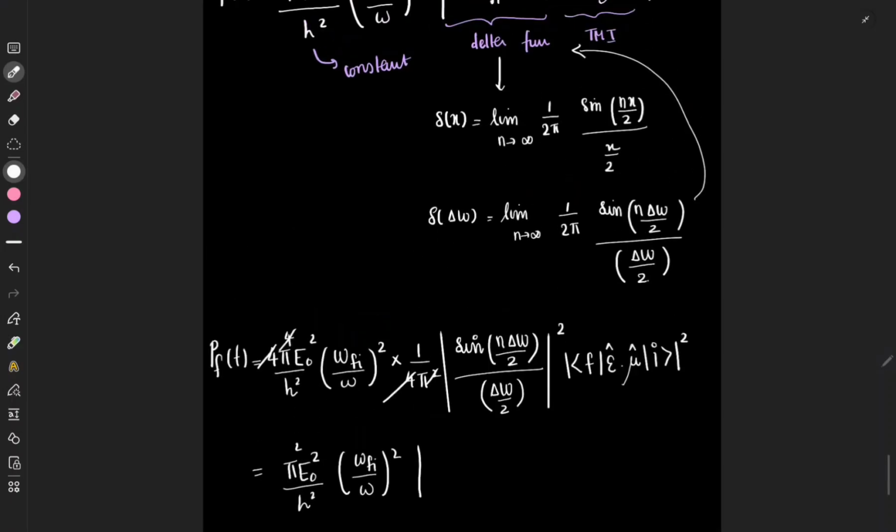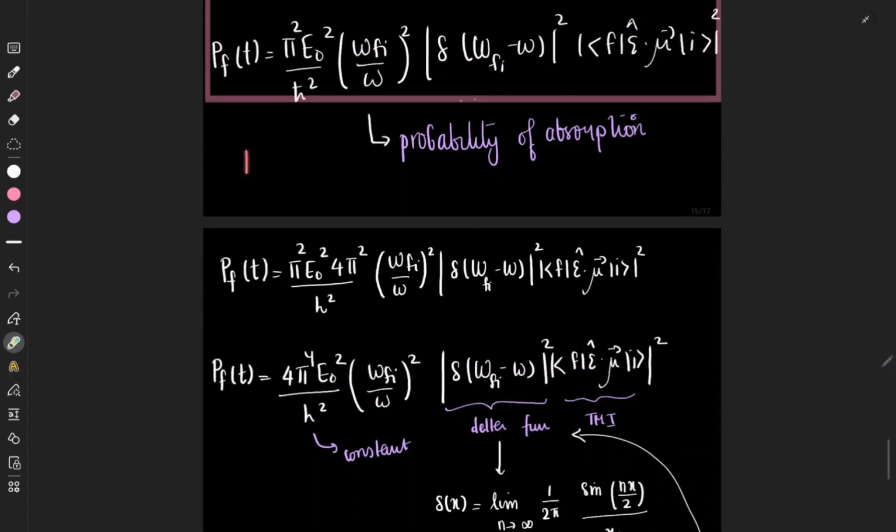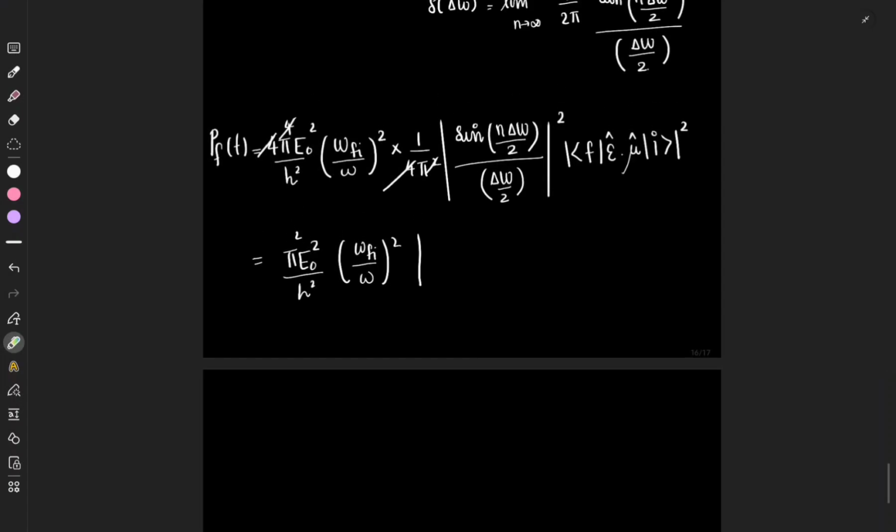whole square. So in the previous lecture I made a slight mistake. I think I wrote this as h cross, but in the video it is not h cross. Actually I meant to say that h cross is equal to h by 2 pi, but accidentally I wrote it as h cross here. Please correct it. Okay. So continuing with this equation, sine n del omega by 2 the whole divided by omega by 2